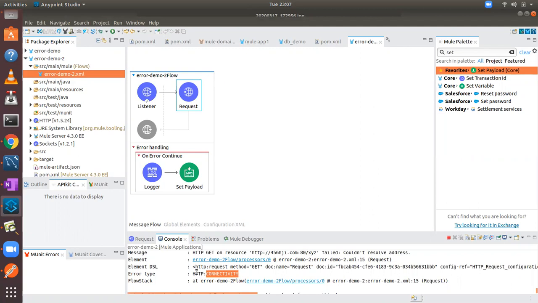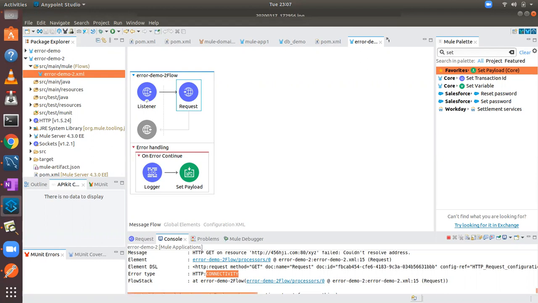So if you are doing a file operation, you're writing to some file, and that file does not exist. In that case, file is a category, right? So file is the parent. File colon the exact error. Are you not able to access that file, or not able to edit that file? That is called the exact error.